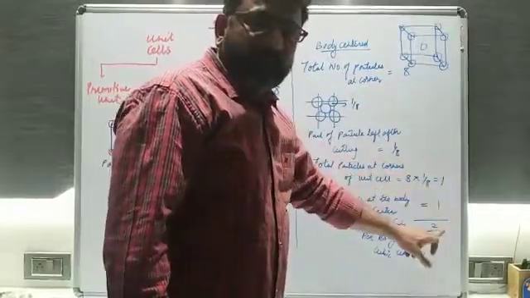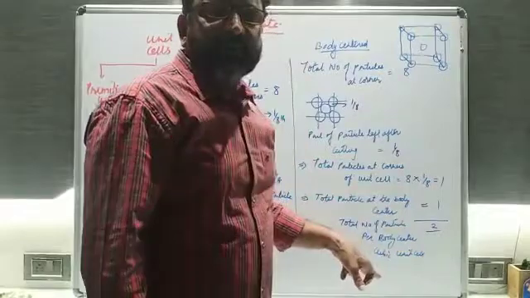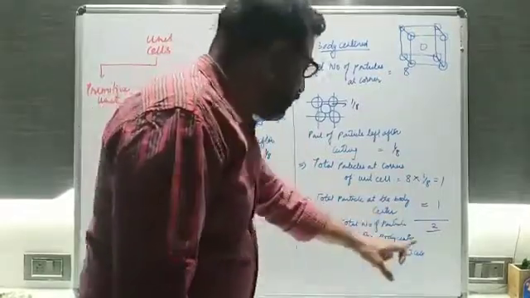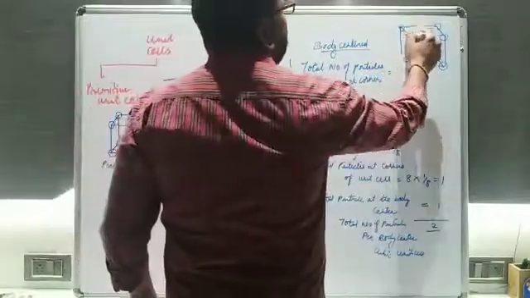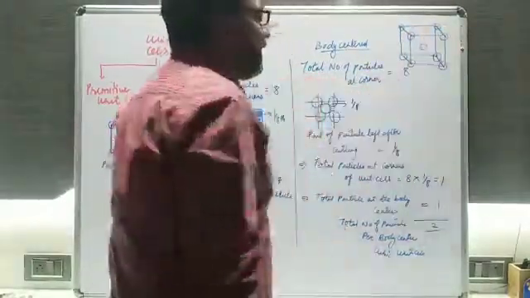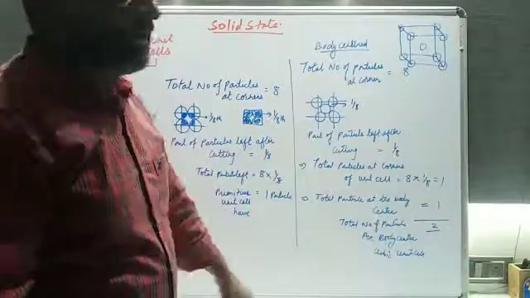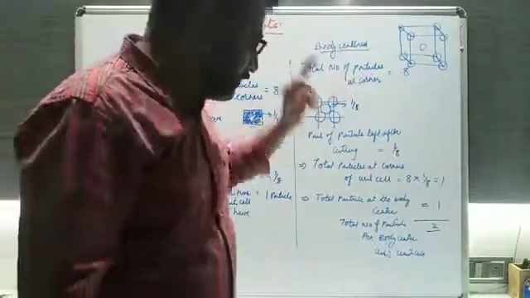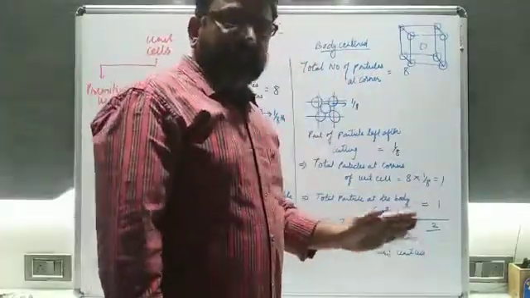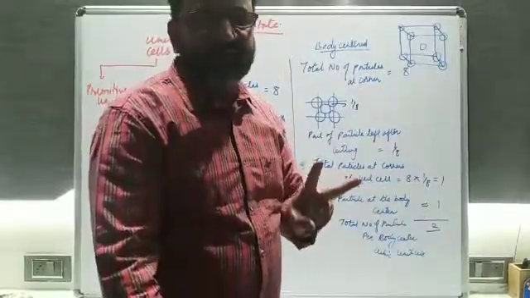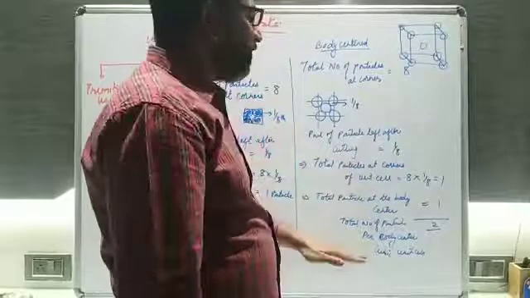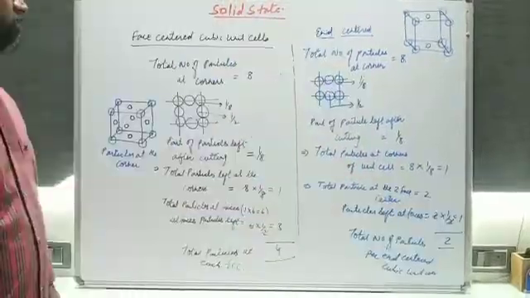If you add both the particles, then what will be the total of the particles in the body centered cubic unit cell? That will be 2 particles. But here how many particles are visible? 1, 2, 3, 4, 5, 6, 7, 8, 9 particles are there. 8 plus 1, 9 particles. Actually, these are seen as 9 particles. But actually, if you see the crystal structure, then you will find only 2 particles per unit cell. Is it fine, students? So this is the number of particles for the body-centered cubic unit cell.